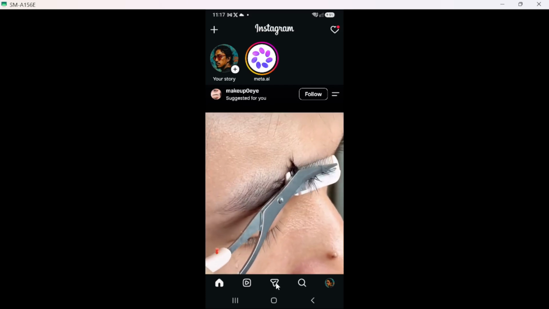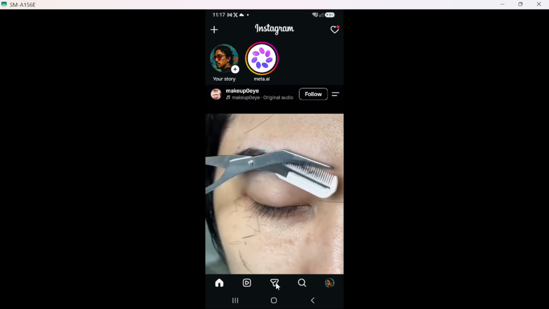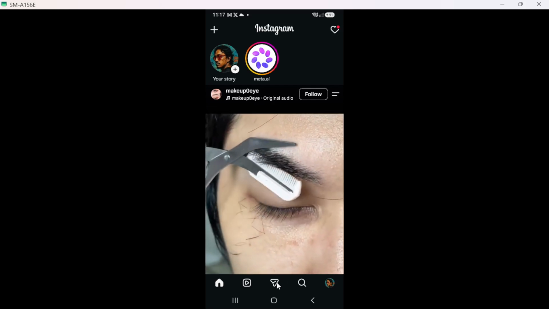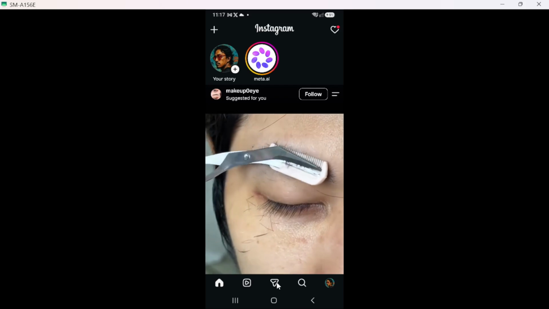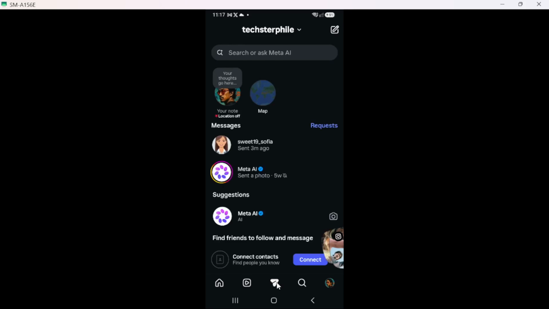You want to make sure you're logged into the right account, as this ensures you are deleting the call history relevant to you. Next, tap on the messages icon. This icon usually looks like a paper airplane and is located in the upper right corner of your screen. Once you tap it, the screen will transition to your direct messages, where you can see conversations with your friends and followers. This step is important because it organizes your interactions and helps you locate the specific conversation containing the call history you want to delete.